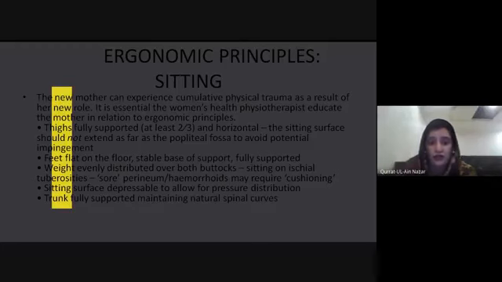Trunk fully supported, maintaining natural spinal curves. In the standing position, her feet should be slightly apart, angled with lateral rotation of the hip following through the line of the femur slightly. Weight should be evenly distributed over both feet. Soft knees, not flexed, just off full extension. Do not lock them back. Shoulders should be relaxed, not retracted or elevated. Arms held closely at the side, maintaining the natural curve of the spine, head in line with the trunk.